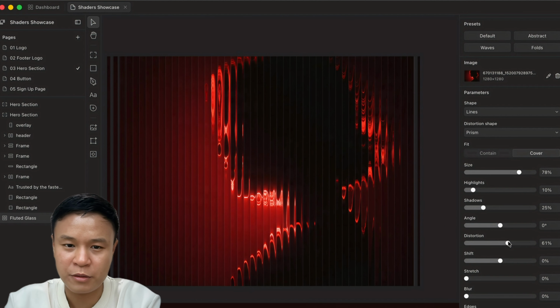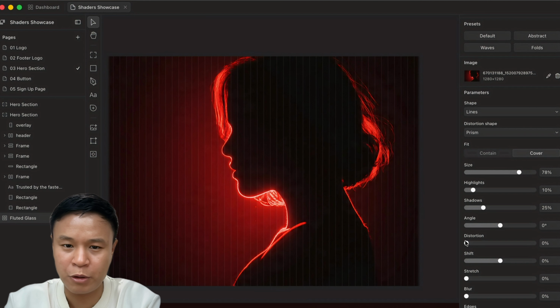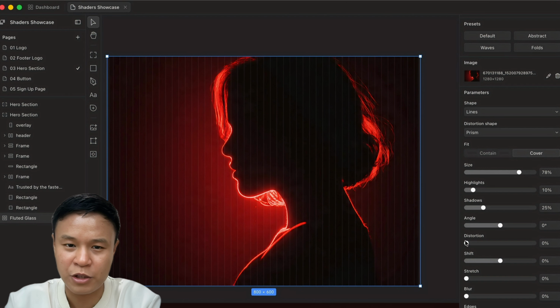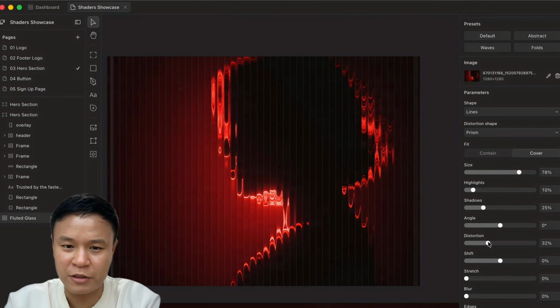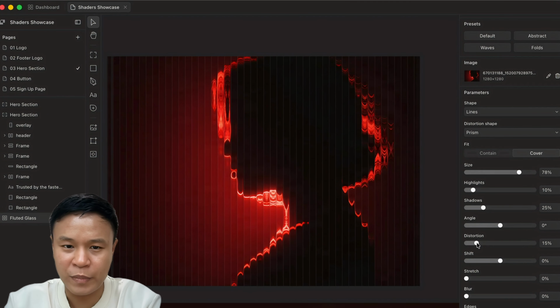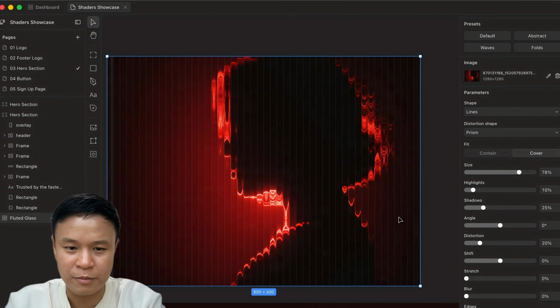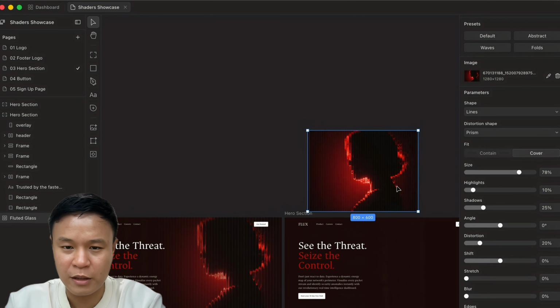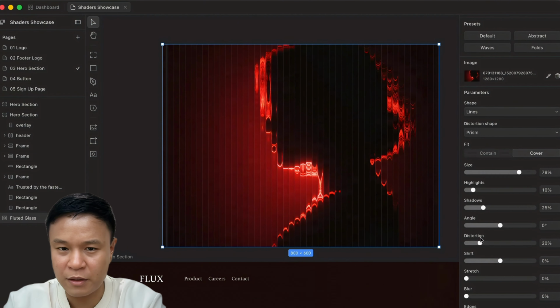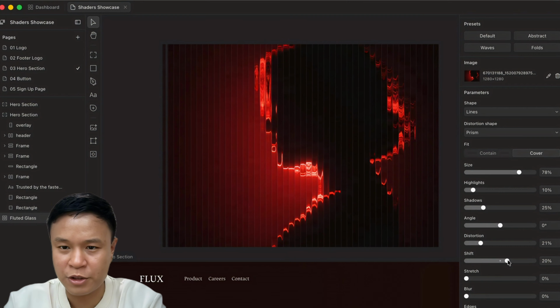The distortion, so if you were to distort this, how it would look like. This is the original image, and there's a little bit of the distortion that I would like to leave as it is, but maybe not too much. I think it looks pretty cool with a slight distortion, but maybe not too much. So the shift,